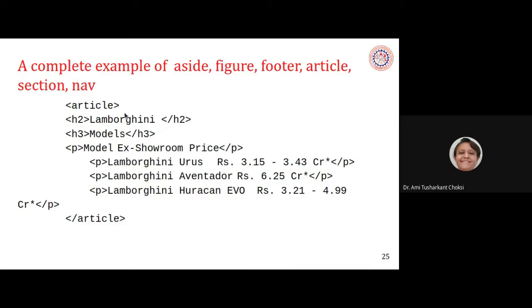Then you can say Lamborghini, its models and its model names. Its cost also I have given here, right? So what I am giving is, I want to give you information about the car, because my data set is car, right? So I am using article. I am using header first of all, where I am saying introduction to my car, right? Introducing my car or whatsoever you can write, right? So that title I am giving. Yes, I'll be using H1 tag, H2 tag, H3 tag, or P tag, or other tags also, but in a particular semantic tag, which gives a meaning.